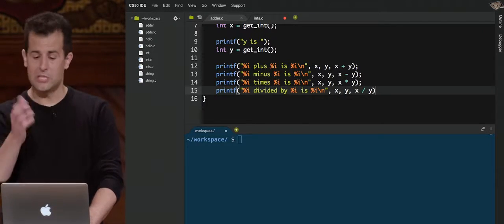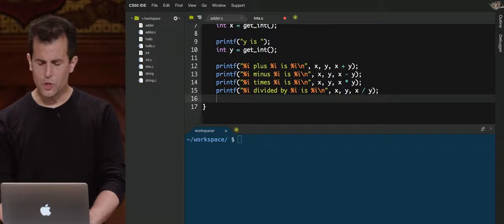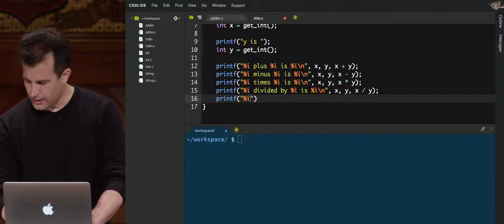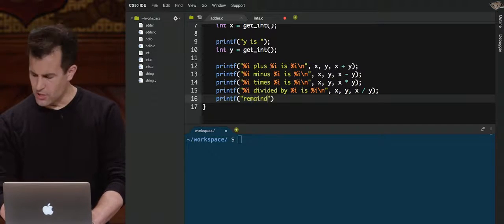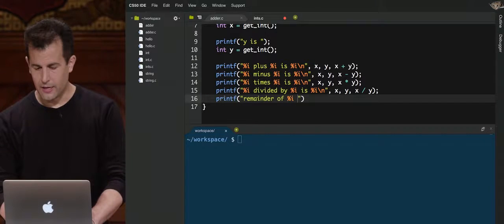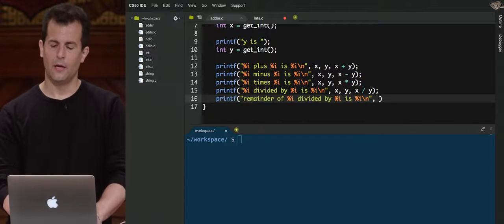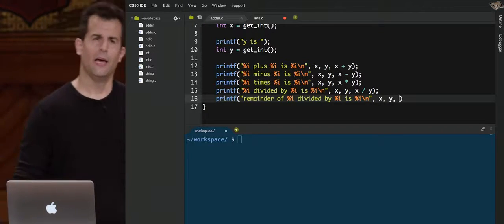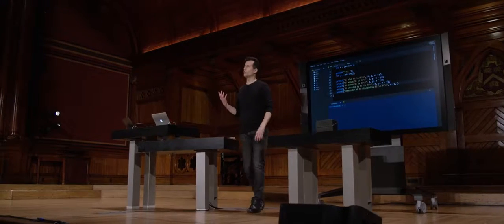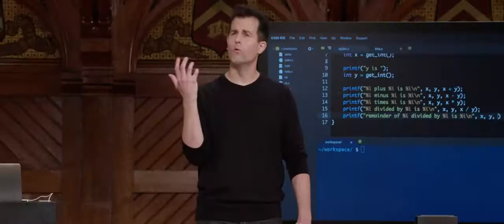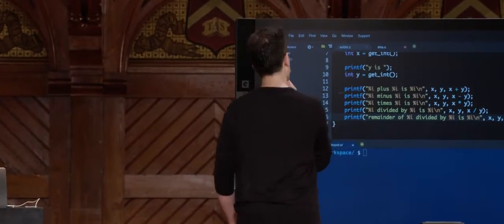So you use the / in C to do division. And let's do one other. Printf, %i, let's do this. Remainder of %i divided by %i is %i, x, y. And now remainder is what's left over when you try dividing a denominator into a numerator. How much is left over that you can divide out? So there isn't really necessarily a symbol we've used in grade school for this, but there is in C. You can say x,